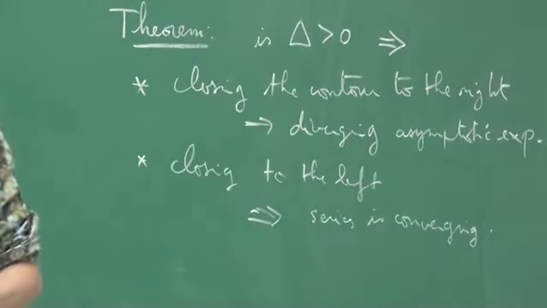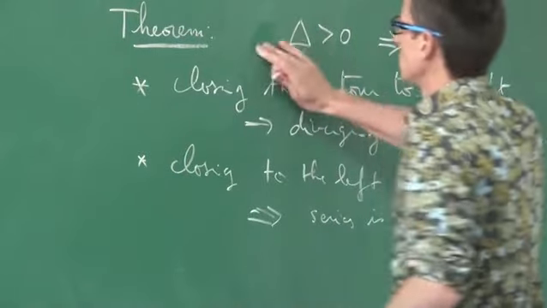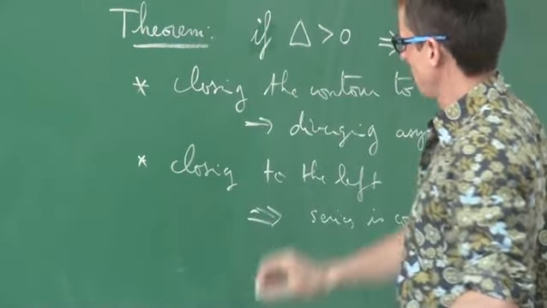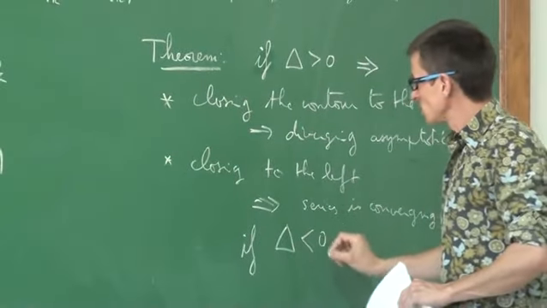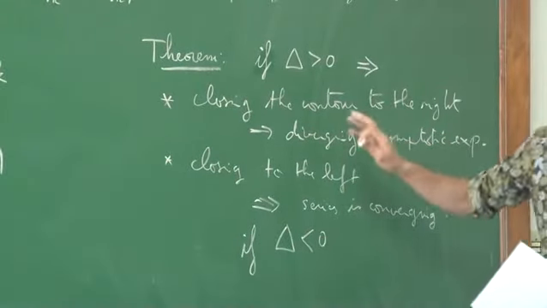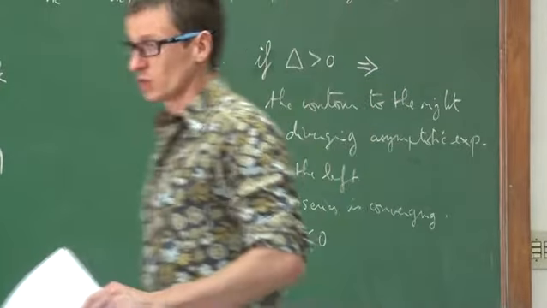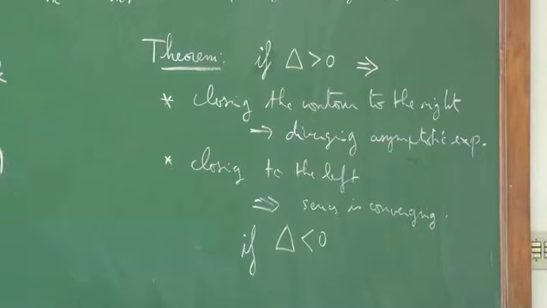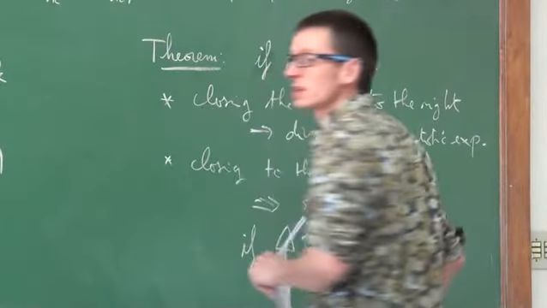And of course, if delta is negative, it is the converse situation. Okay? By closing the contour to the left, you have the derivative asymptotic expansion, and to the right, the convergent series. Now, if delta is equal to 0,